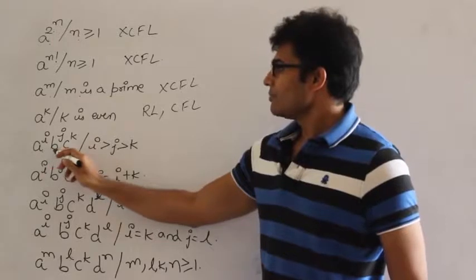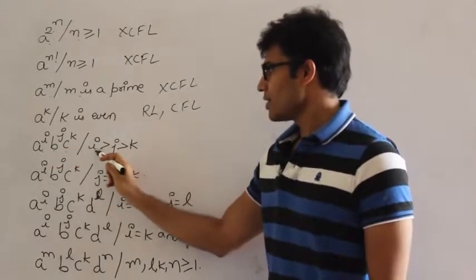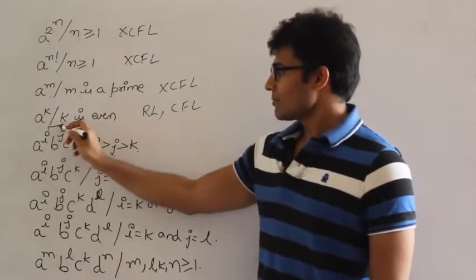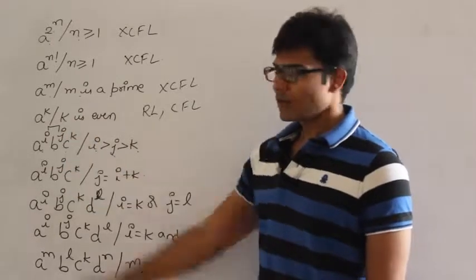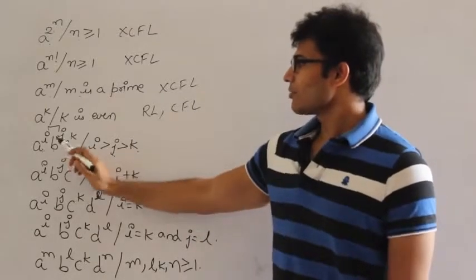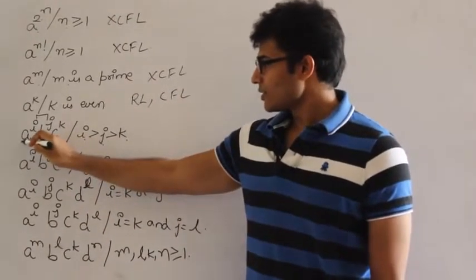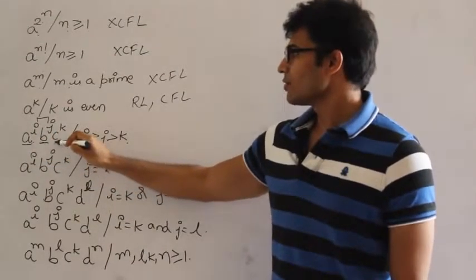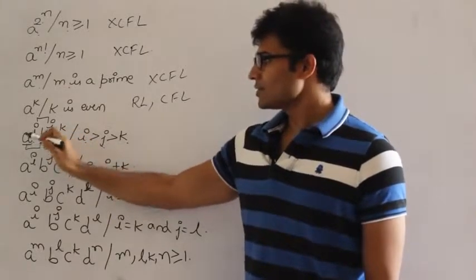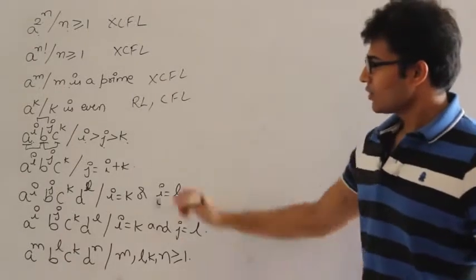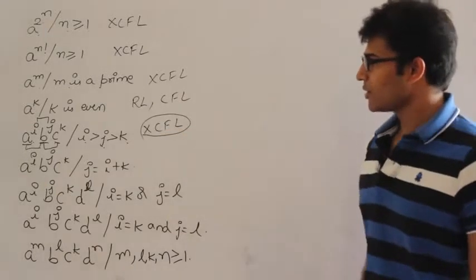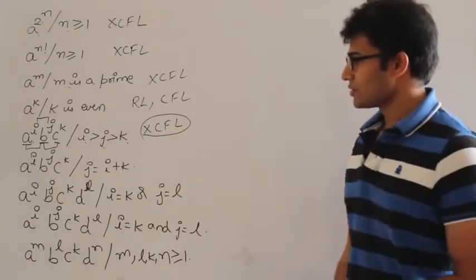And a power i, b power j, c power k, where i has to be compared against j's and j's have to be compared against k's. By the time I finish comparing i and j, everything will be over, which means only the difference will remain on the stack. So I cannot do such kind of comparisons. You might say push a's and then push b's and then compare c's against b's. But then how can I compare b's against a's? Remaining b's and remaining a's cannot be compared, right? So this cannot be done with context free. Therefore it is not context free, pushdown automata is not possible, and hence it is not regular also.